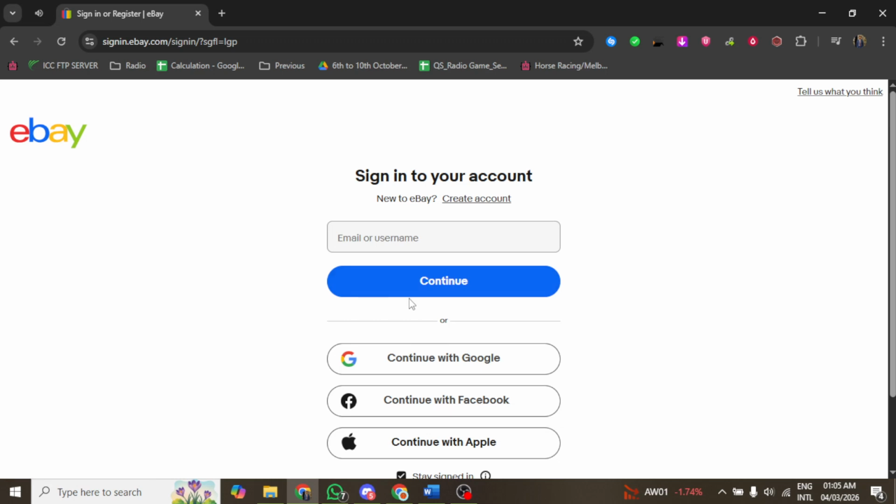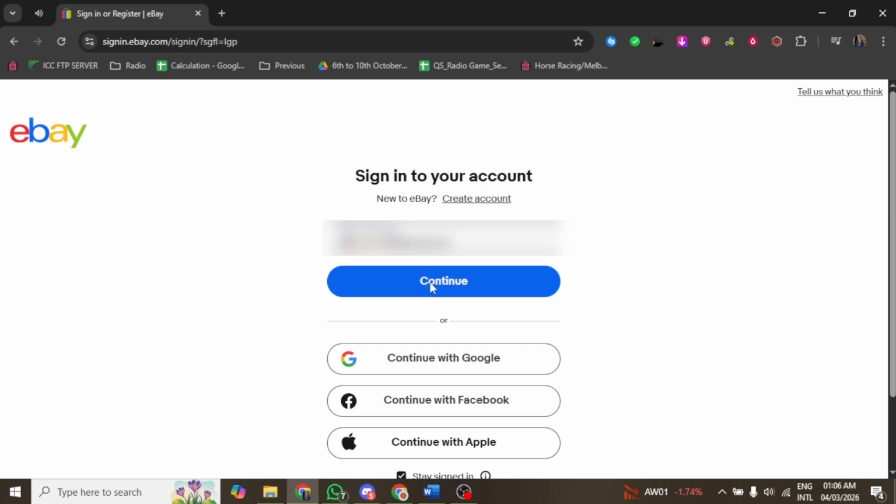On the login page, you will see two fields for entering your information. In the first field, type your registered email address or username, then move to the password field and carefully enter your password. Ensure that the information you have provided is accurate, as any mistakes may prevent you from accessing your